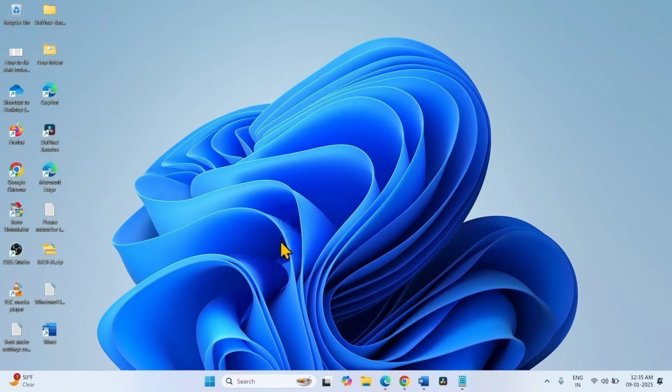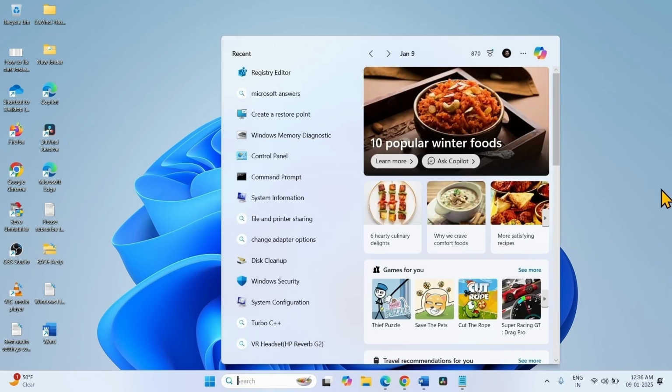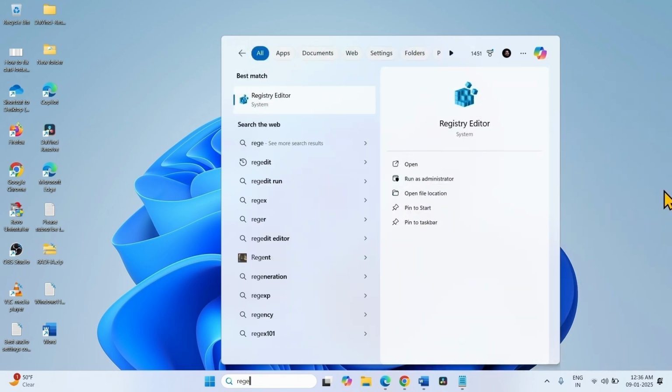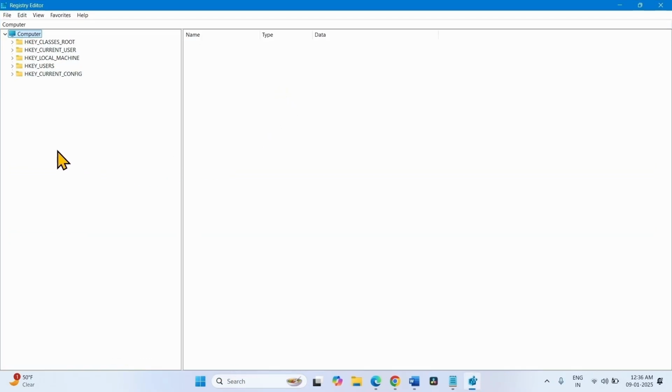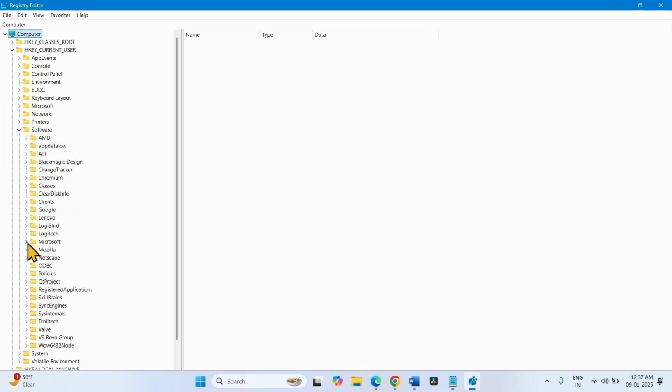Follow the steps. This is a registry edit, so click on search, type regedit, click on Registry Editor, expand HKEY_CURRENT_USER by clicking on this arrow. Now expand Software, expand Microsoft,